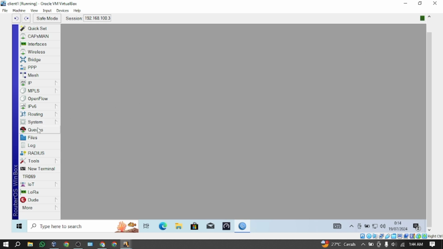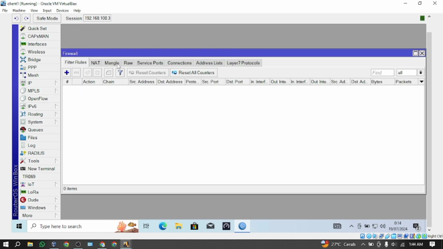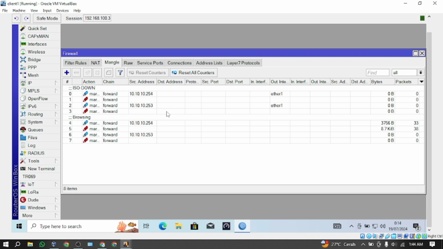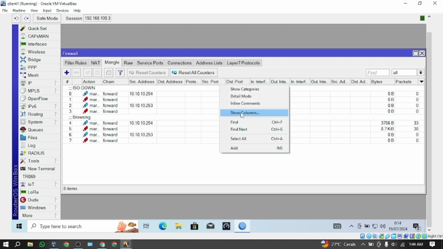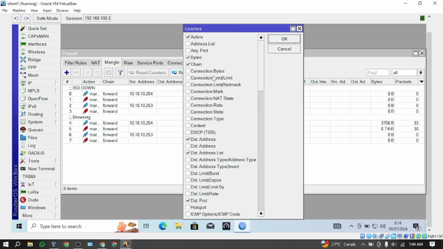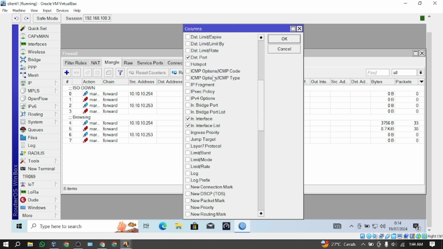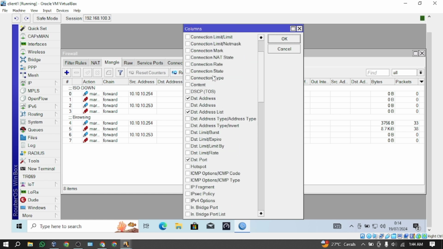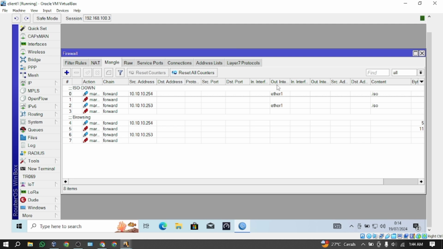Next, the result of the manual firewall configuration will be as follows. If you check the GUI table, the word command that we entered is at the top, so it is easier for you to differentiate between the manual firewall configuration for ISO downloads and the manual firewall configuration for browsing.